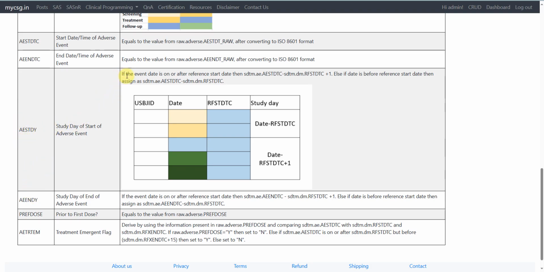So it says if the event date is on or after the reference start date, then AE_STDTC minus RF_STDTC plus 1. Else if the date is before the reference start date, then assign AE_STDTC minus RF_STDTC. So we may have one or more records per subject. So let's say this blue color indicates the reference start date of that subject. So if